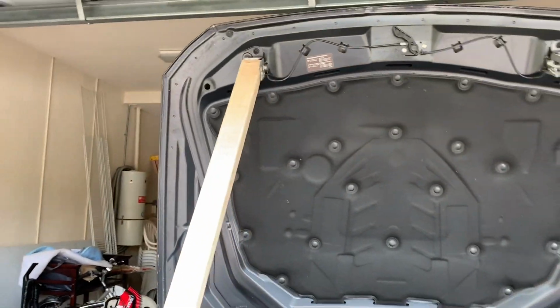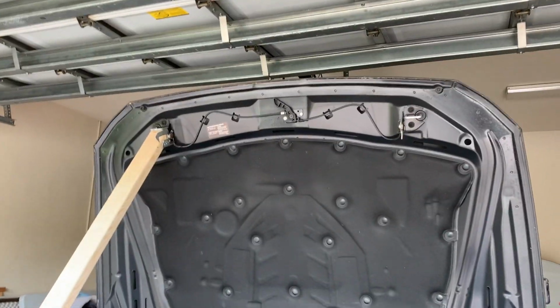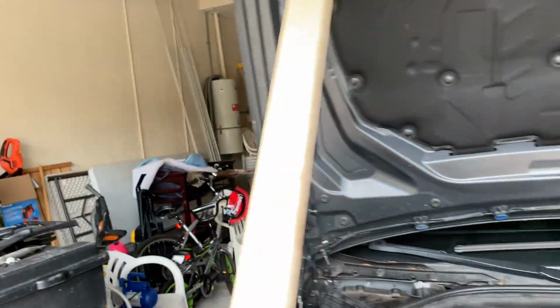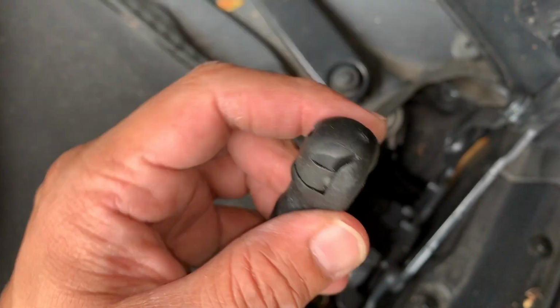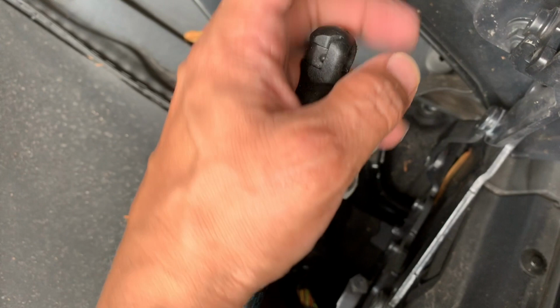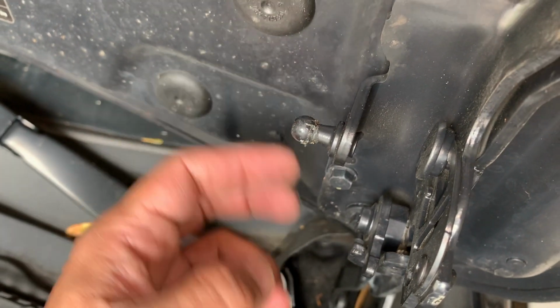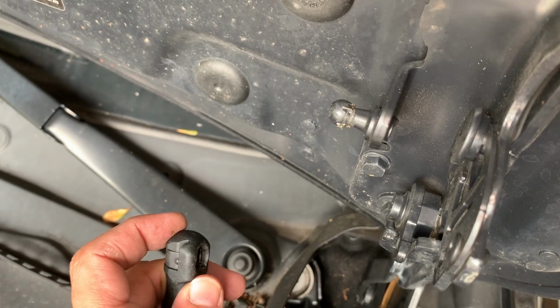This thing you definitely want to do is here's what I've done to hold my hood up straight. And it's very simple, guys. All you have to do is lift this pin. There's a groove right here. You can take a screwdriver and just pry it out just a little bit, and while somebody is holding the hood, all you have to do is just yank it out. So it goes in right here, and once you lift this pin, it's going to release that grip,